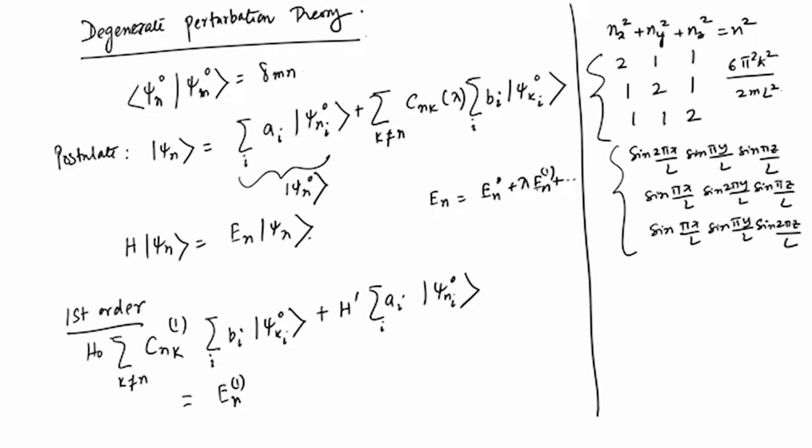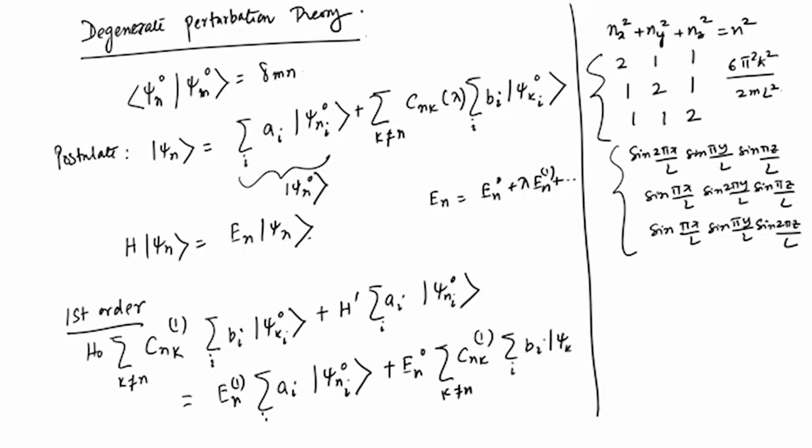So, we are equating till the first order of lambda, and E n 1 sum over I a I psi n I 0, plus E n 0 sum over k not equal to n, c n k 1 and sum over I b I psi k I 0. It may look complicated, but the final result that we are going to get is not difficult,